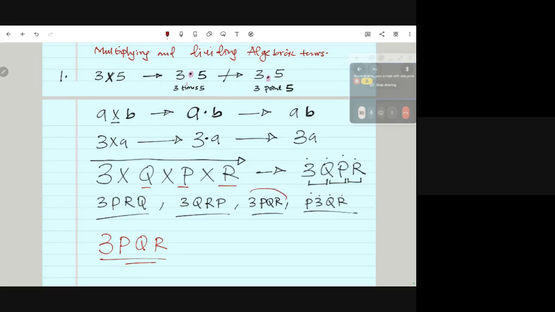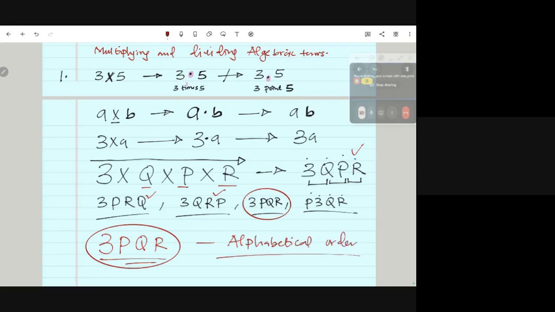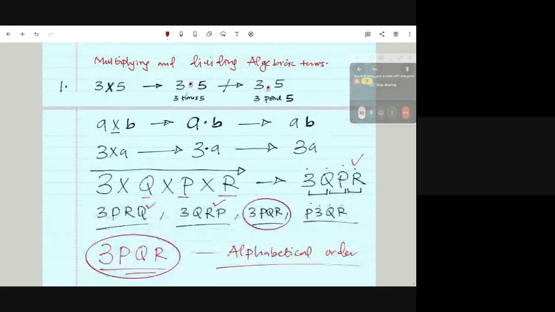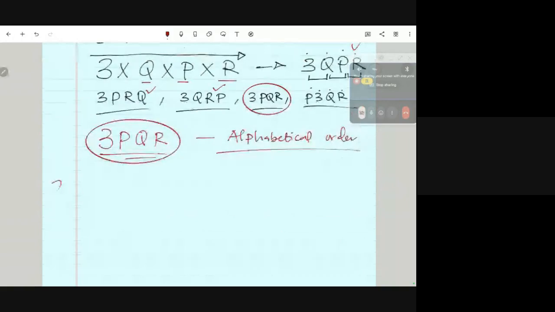3PQR. So only this answer is the most correct. Well, it doesn't mean that if you write it like this, you are wrong, or if you write it like this, that you are wrong. But the most correct is this, because we follow alphabetical order. That's very important to note. So that's the first thing you need to know about multiplying and dividing algebraic terms: that when you join letters and numbers together, they are joined together with a multiplication sign in algebra. Number two,